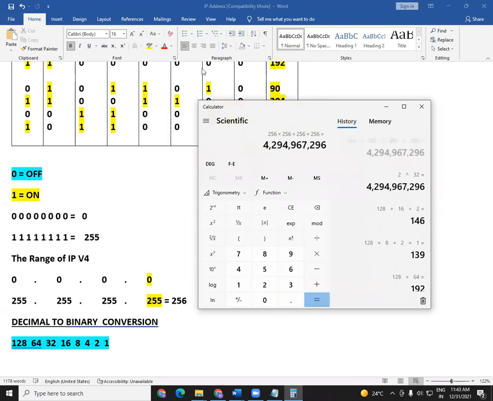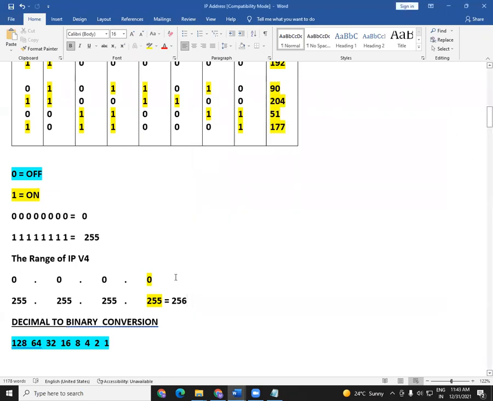So if I say equal to, can you see the number is the same? If you say 2 power 32, we are getting 4294967296. If you multiply 256, 256, 256, 256, you get the same answer. Okay, so in IP version 4, we have totally these numbers, and in every octet, we can use a number between